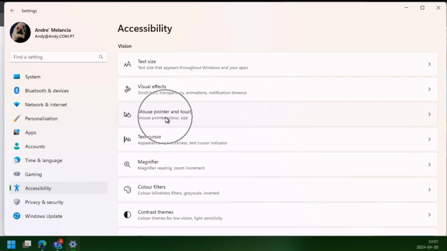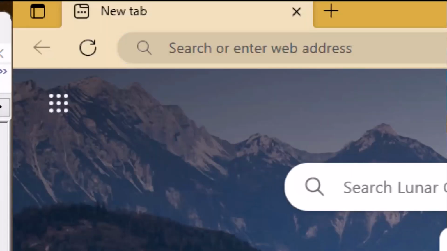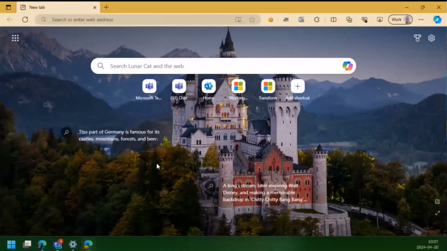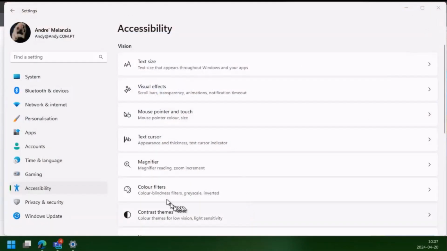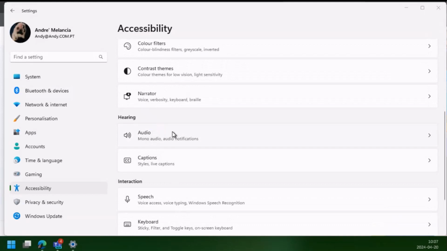but you can still go to the registry and do this hack to actually click on this so that you point to the place where the mouse is. Very practical. You don't have to have any kind of disability to understand how useful this is if you have multiple screens. But anyway, magnifier, Windows plus, Windows minus, okay? Very simple keyboard thing, okay? So you can actually do that, okay? So different colors, etc. But then you have hearing, audio.